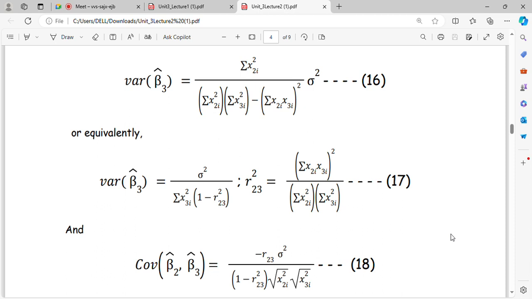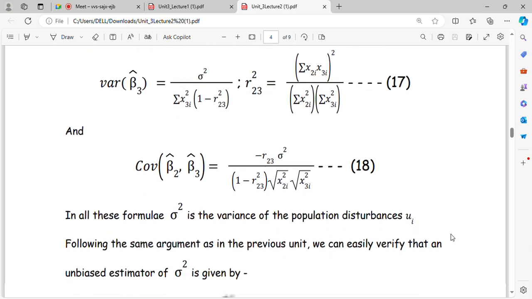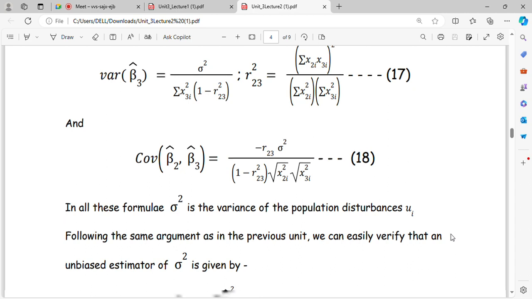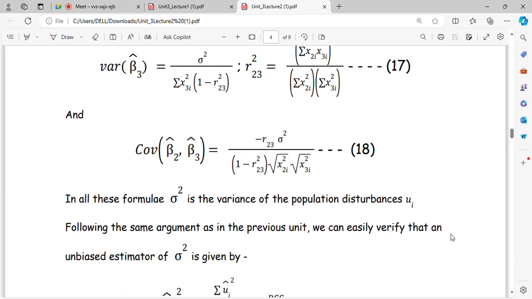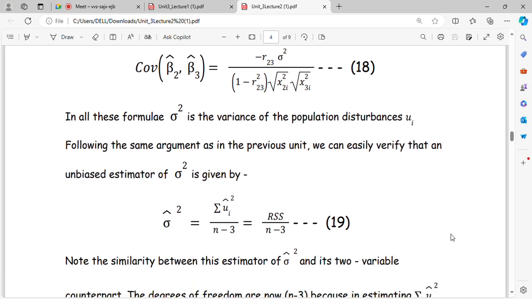From this, we can easily calculate the covariance of beta 2 hat and beta 3 hat, which is minus r 2 3 times sigma square, whole divided by 1 minus r square 2 3 times root over summation x2i square, root over summation x3i square. In all these formulas, sigma square is the variance of the population disturbance term ui. Following the same argument as in the previous unit, we can easily verify that an unbiased estimator of sigma square,